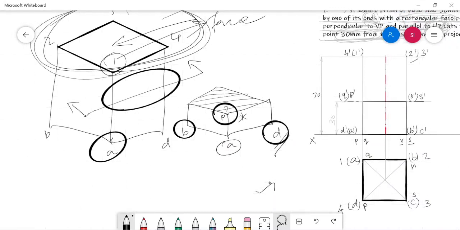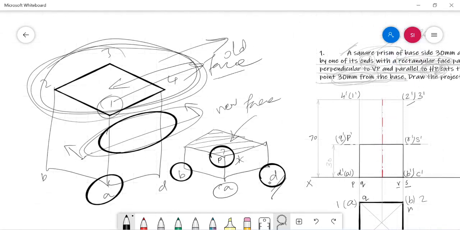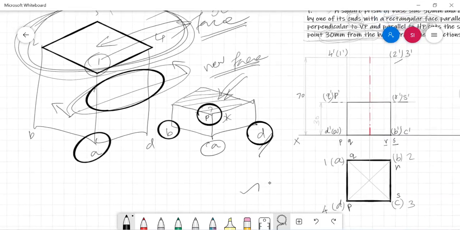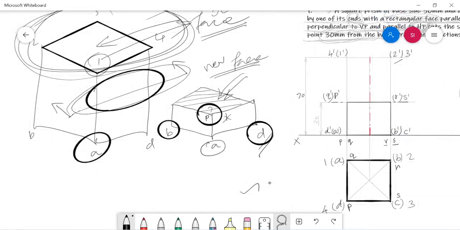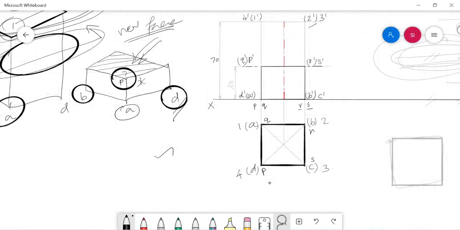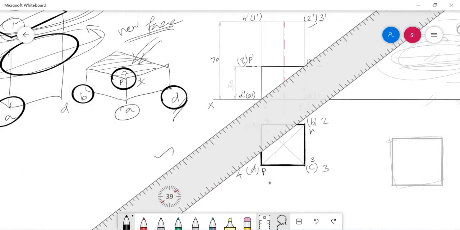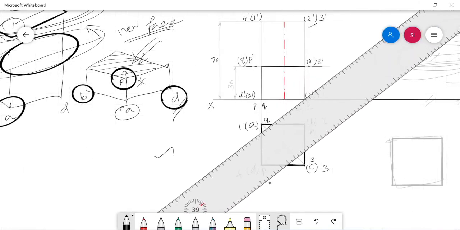But by sectioning the solid with the cutting plane, now this is nothing but our new face. This is our new face, and that's our old face. So that new face should be highlighted by drawing the hatch lines inside the surface. For that, we can use a 2H pencil.